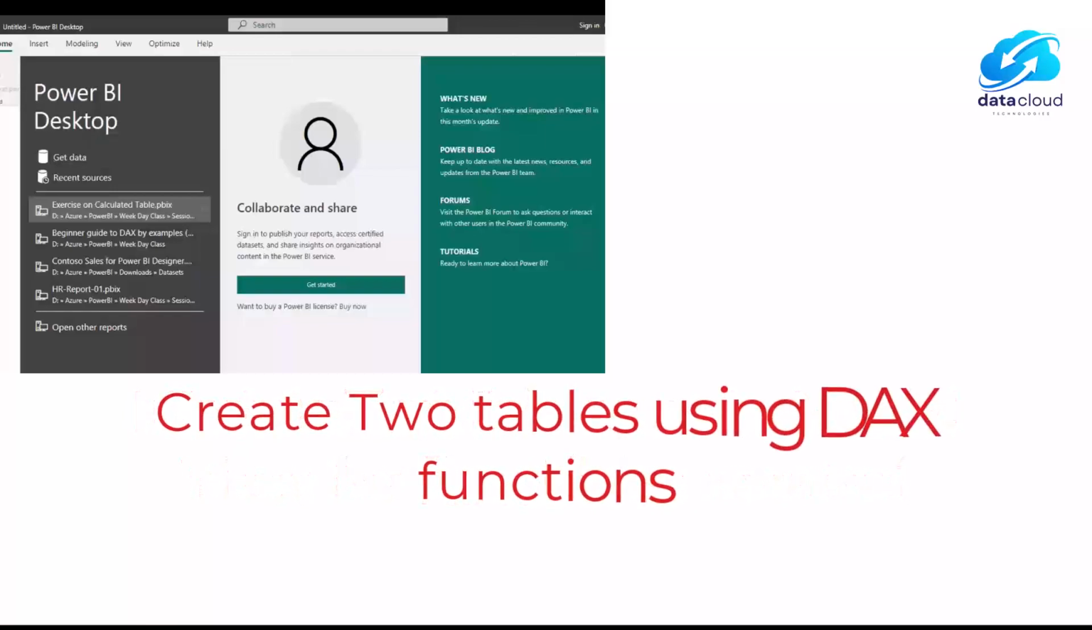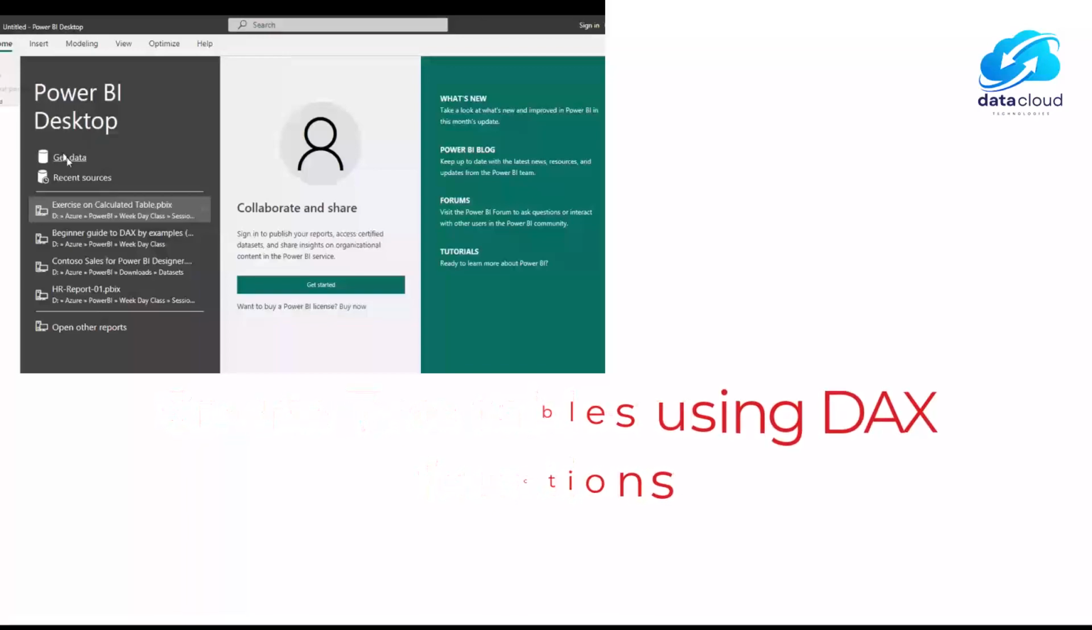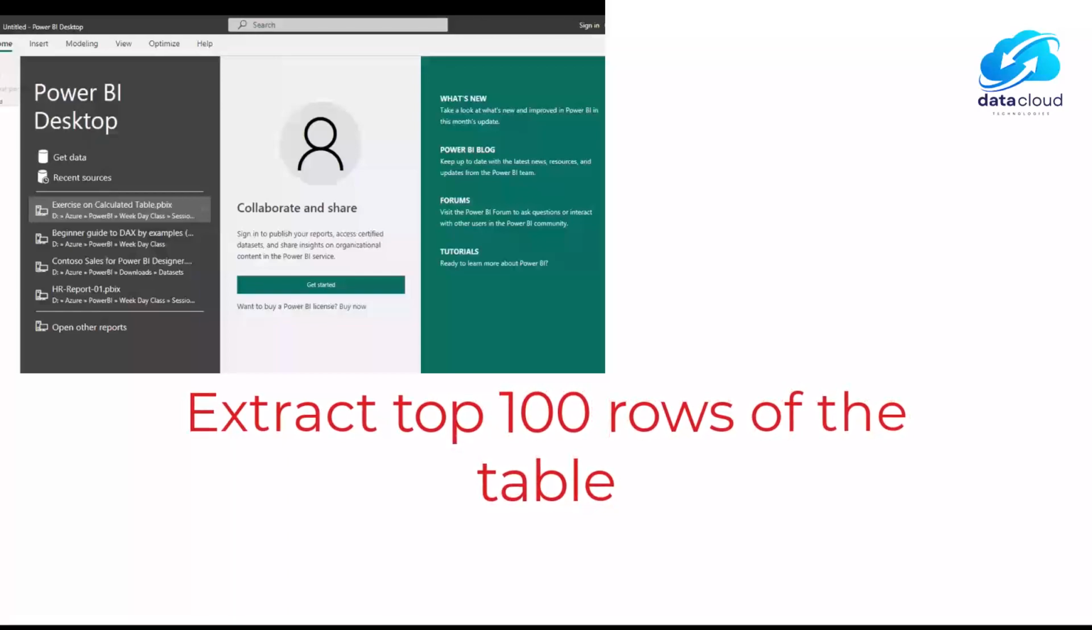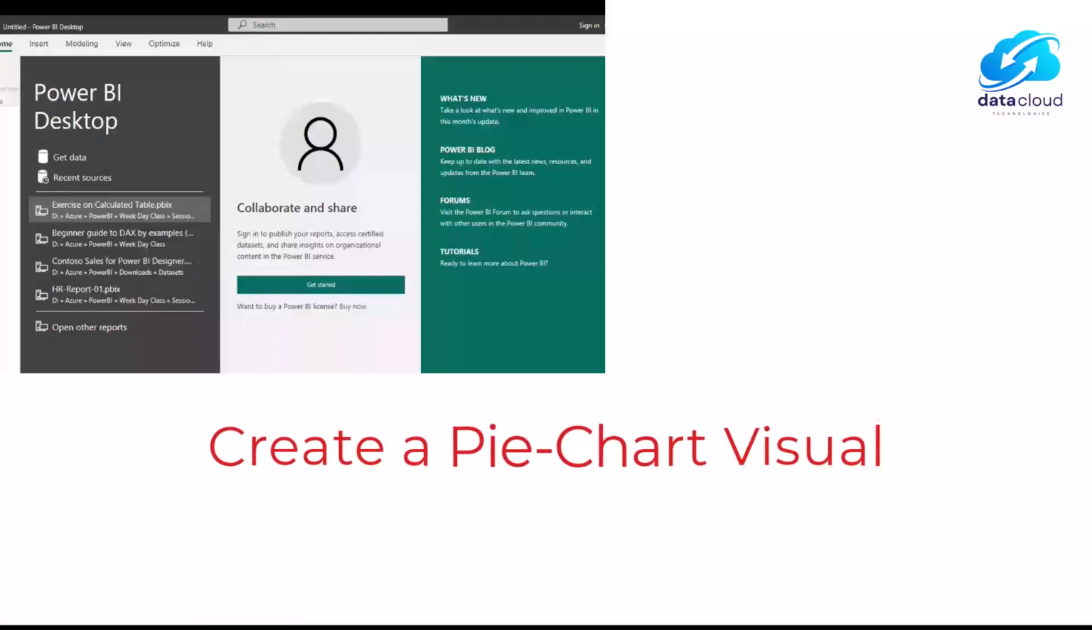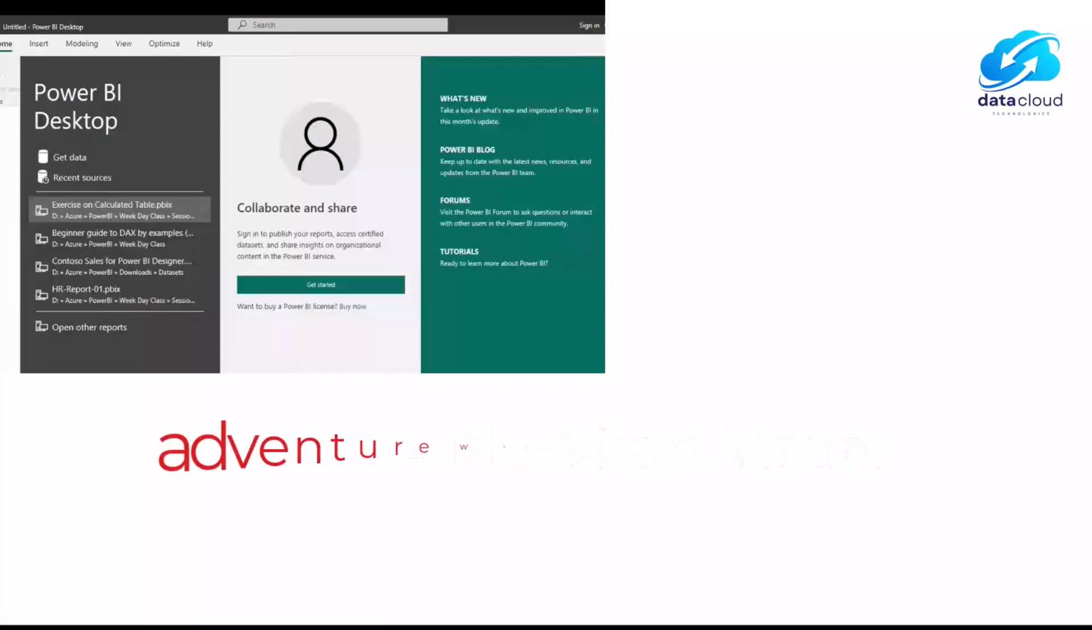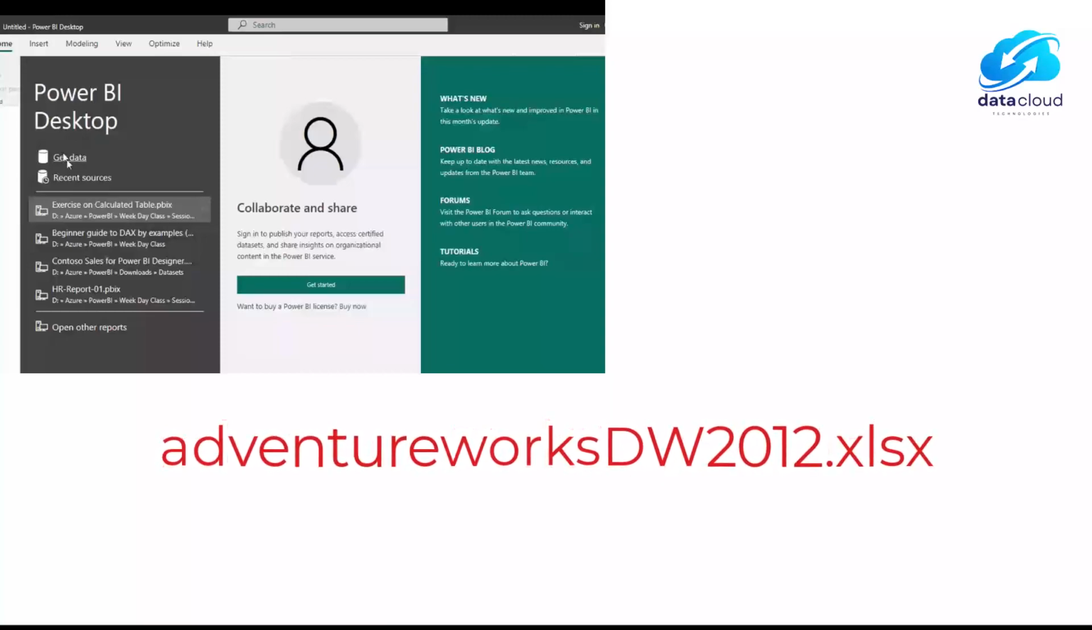After that, I'm going to write two DAX functions that return tables. Using these functions, let us try to extract the top 100 customers who bring the majority of business in a sales report. After that, let us create a visual using a pie chart that shows the total sales and top customer sales. For this purpose, I am making use of the AdventureWorks